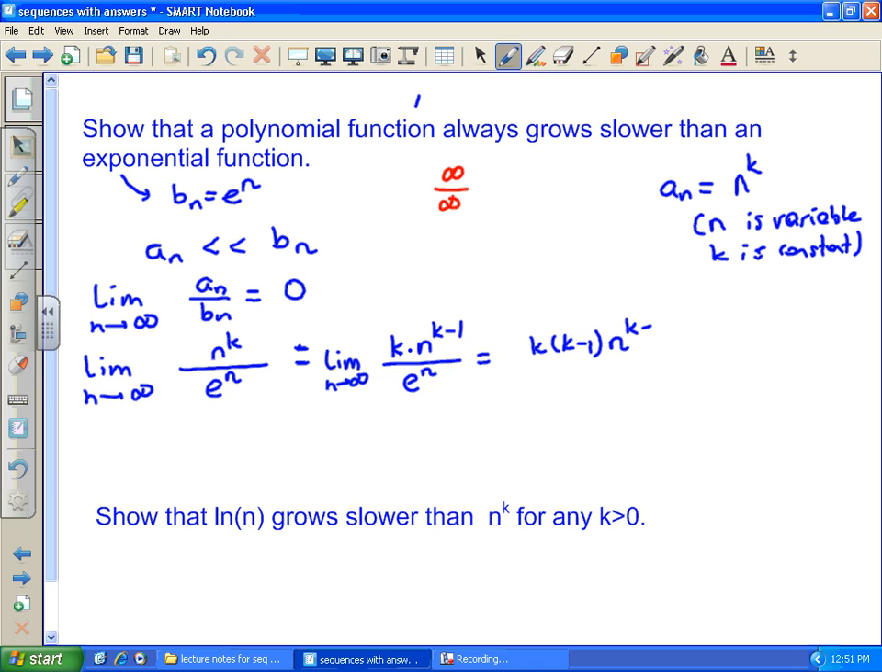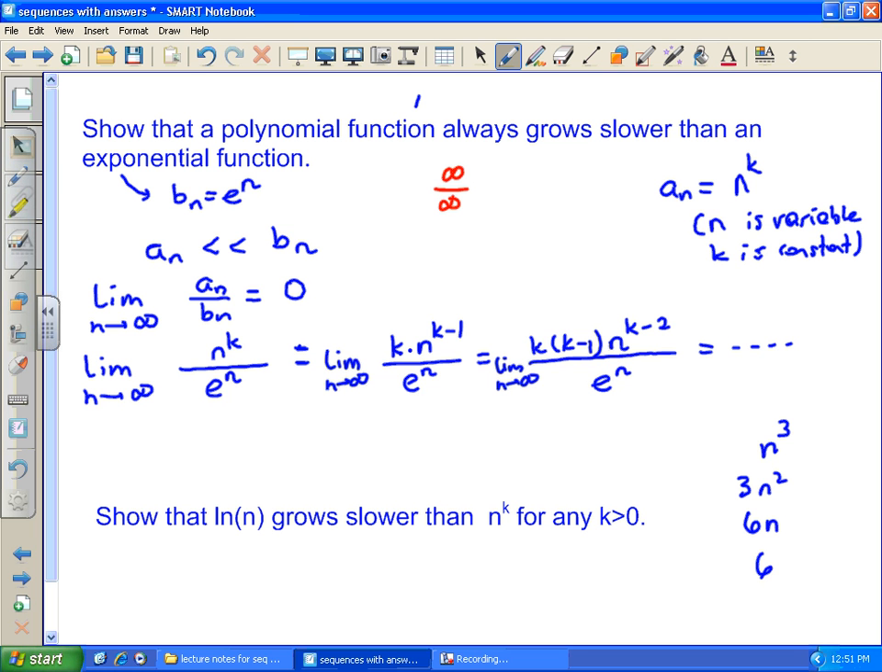K minus 2. So we're subtracting one more power, right? Over the derivative of the bottom, which is still the same, e to the n. Do you see what's going to happen here eventually? Think of, again, our simple example, n cubed. The first time you differentiate, you get 3n squared, right? You differentiate again, and what do you get? 6n. Differentiate again, what did you get? 6. So ultimately, when you differentiate the top over and over again, you're going to get just a constant on